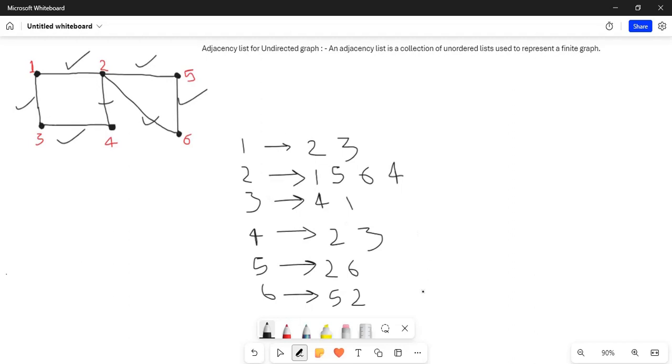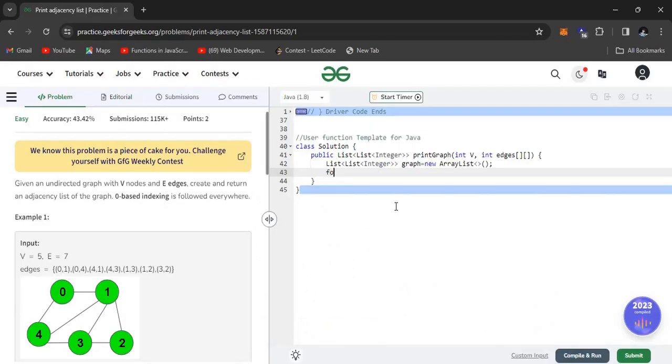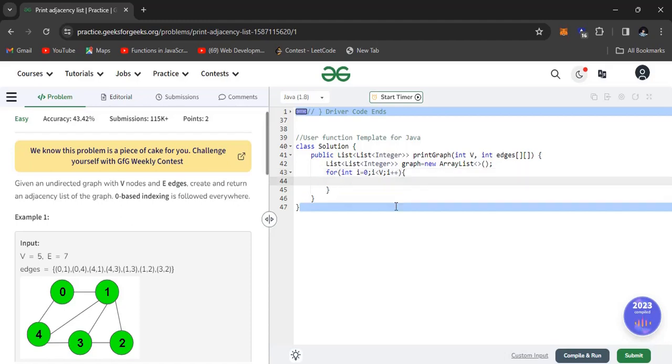We cannot add elements to null, so we have to initialize each ArrayList. For that we make one for loop, int i equals 0, i is less than V, the total number of nodes, i plus plus. Then graph dot add a new ArrayList.